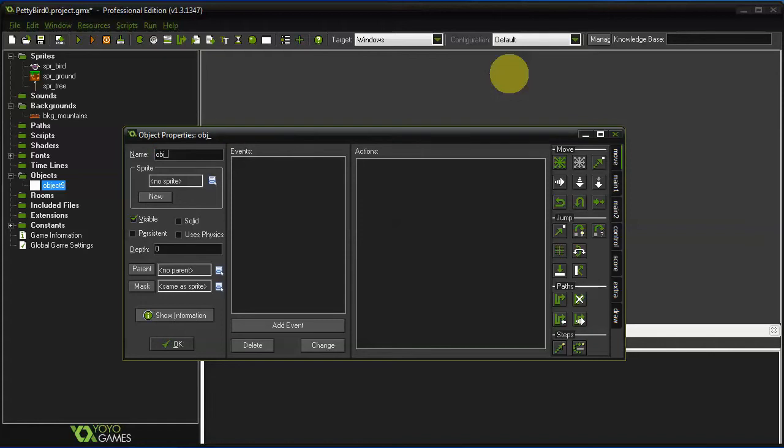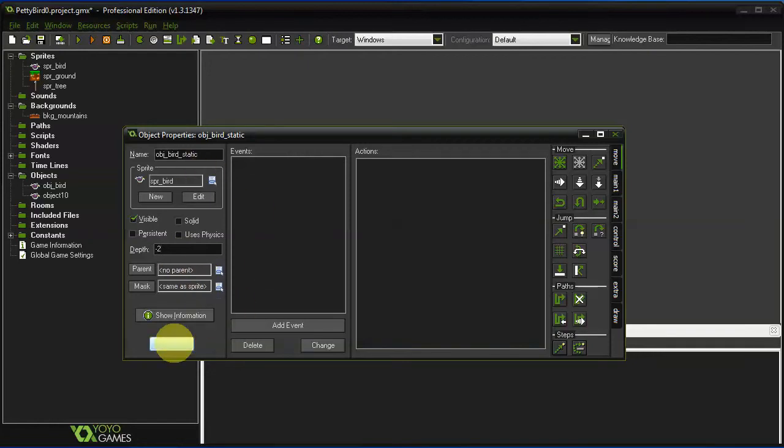I'll start with the obj_bird. Load sprite SPR_bird. I set the depth to -2 because I want the bird to be in front of all other objects at any time. And we're going to create a second version of the bird called obj_bird_static, which will also use the bird sprite. We're going to use this for the menu. When the menu is displayed, we want to see the bird as well, but we don't want the bird to react to anything. We don't want it to fly around. So we will use the static version,